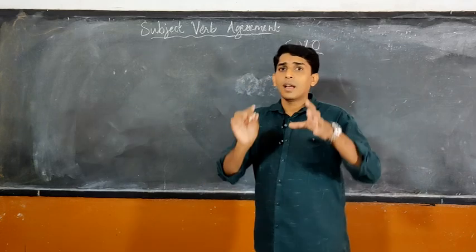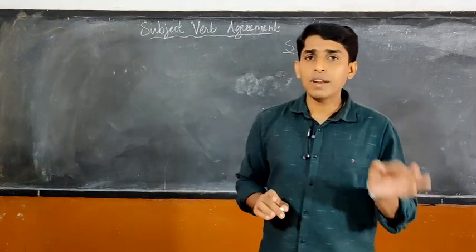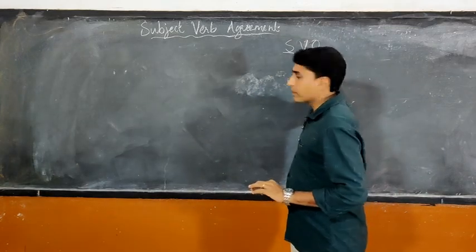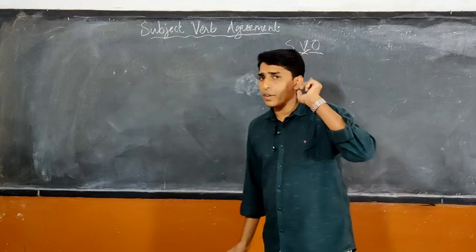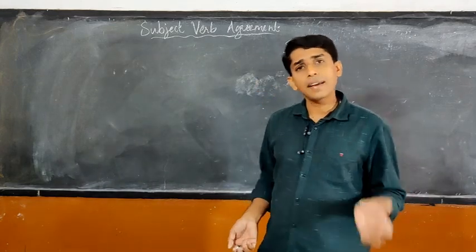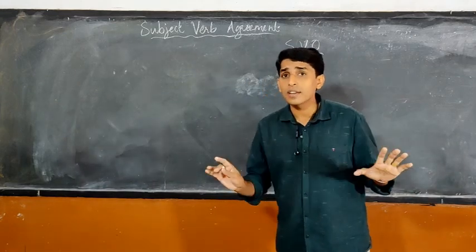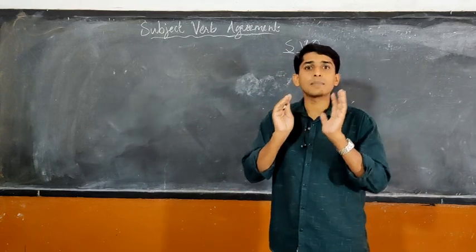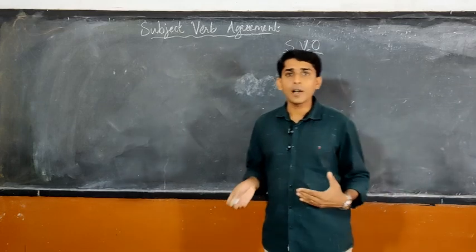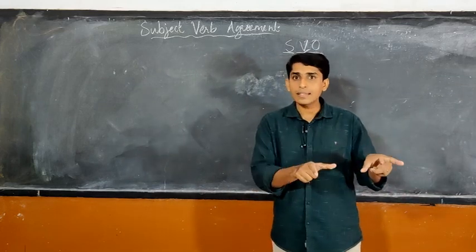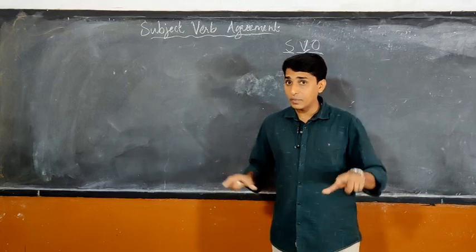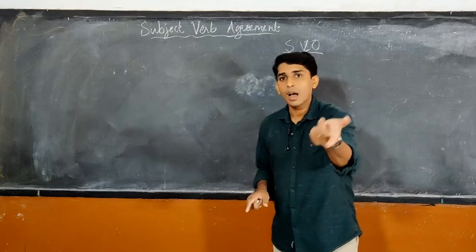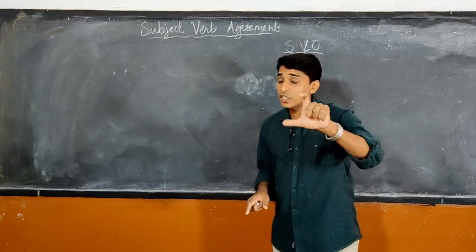Right? See, in a sentence, subject is followed by verb. Isn't it? That day, when I taught you subject and predicate, I also told you there is no sentence without a verb. Verb is what the subject is doing. If I say what I am doing now, I am teaching. So I is the subject, and am teaching is the activity, that is the verb. You are listening or you are watching. You, the subject, are watching or are listening is the activity you are doing.